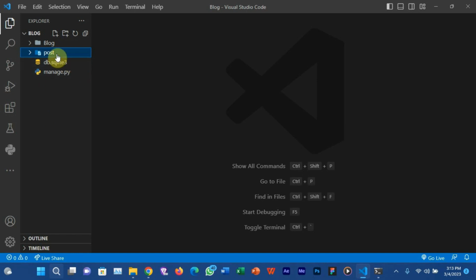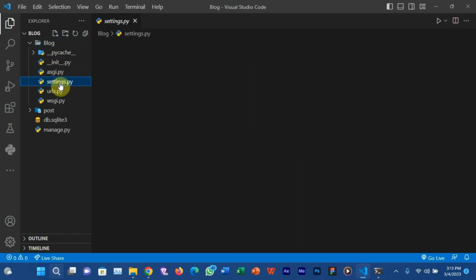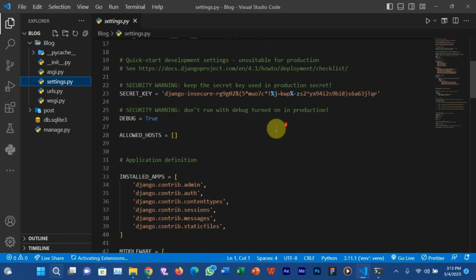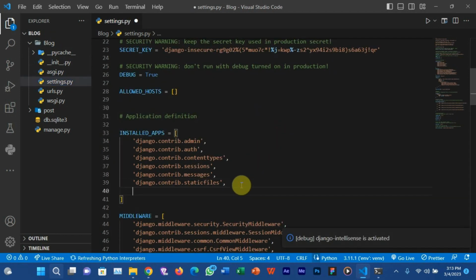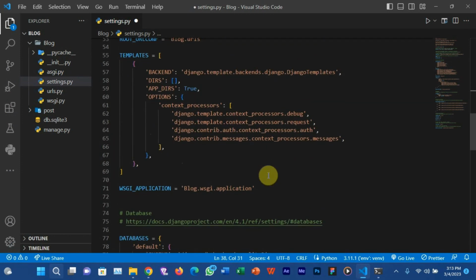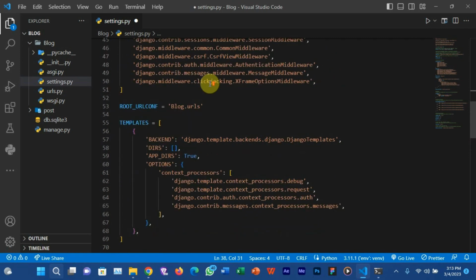The next thing to do is just install this post application inside our blog. So just go to the settings.py file here, and then you add the name of your application, post. After that, we need to configure our template file.